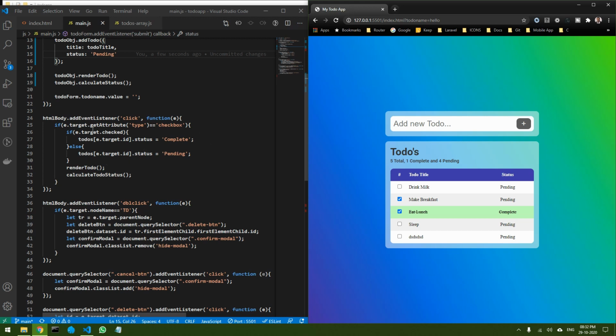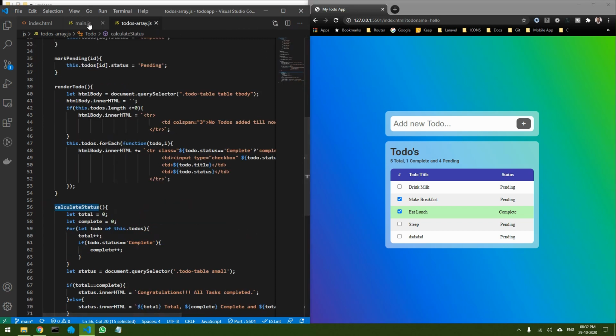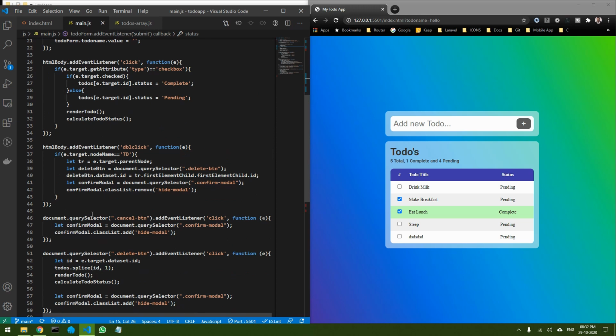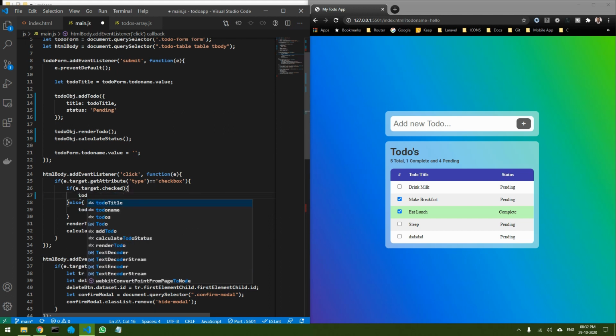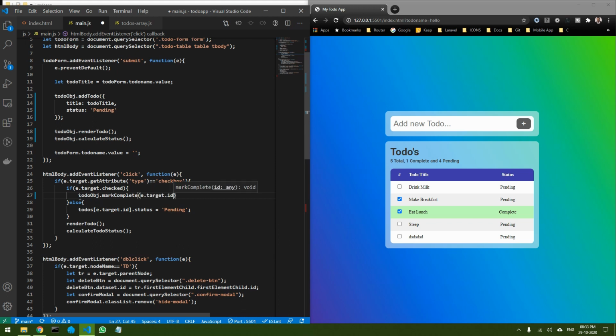Now for everything we have a function or method inside our class, right? So we have to replace all these things with that particular function. So let's come over here. The logic is all the same, only the way we want to mark it complete has changed. The only thing that we have to do is copy this, delete this part, and call the object, that is to do object dot mark complete,